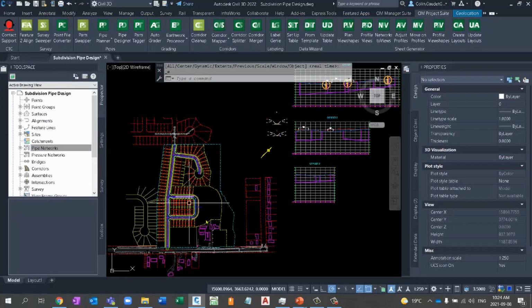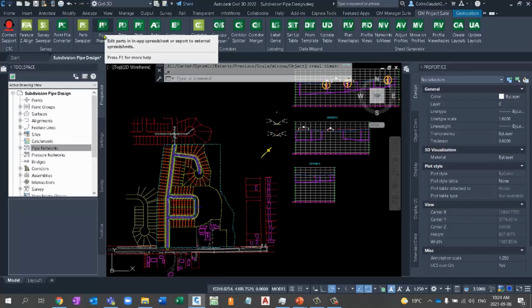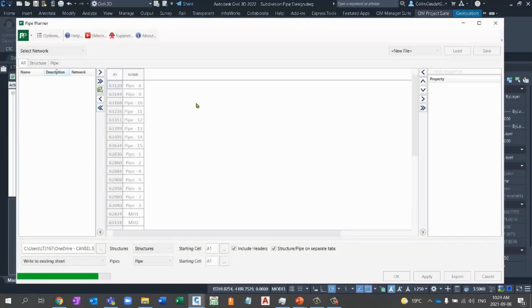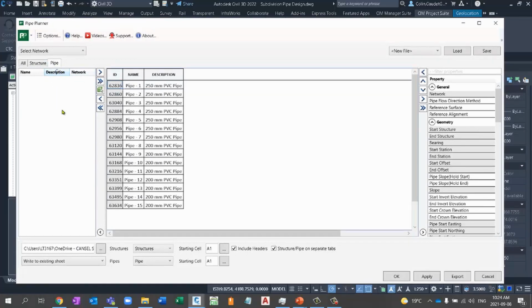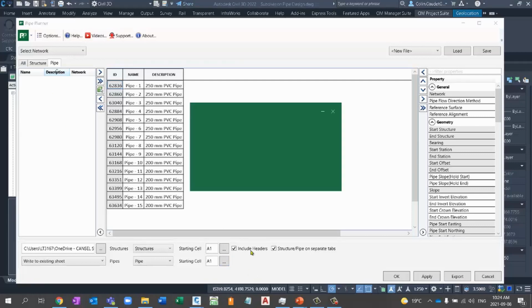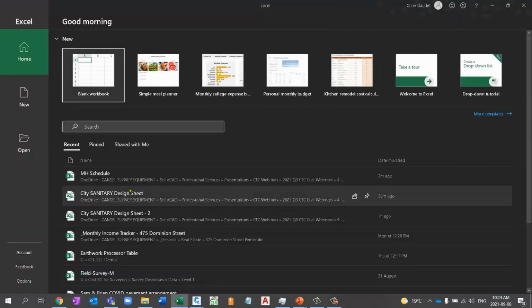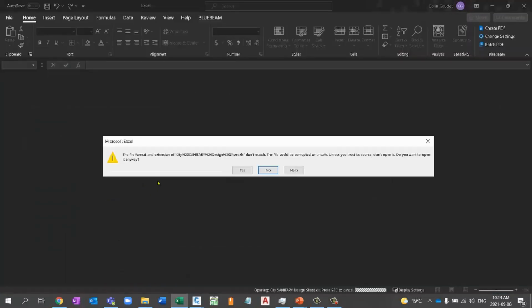So what I'm able to do then, if I go back into Pipe Planner and switch to my pipes right here, I can start building out a whole bunch of stuff. And you've probably seen some form of Excel spreadsheet like this before. If I open this guy up,